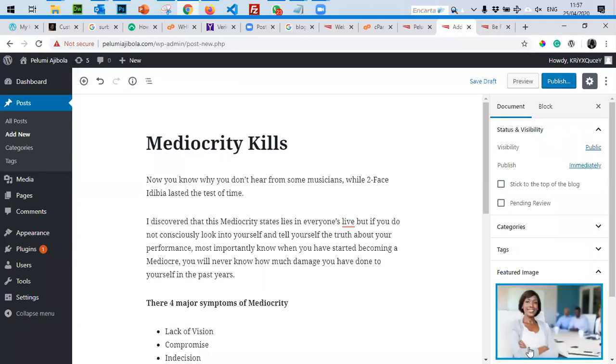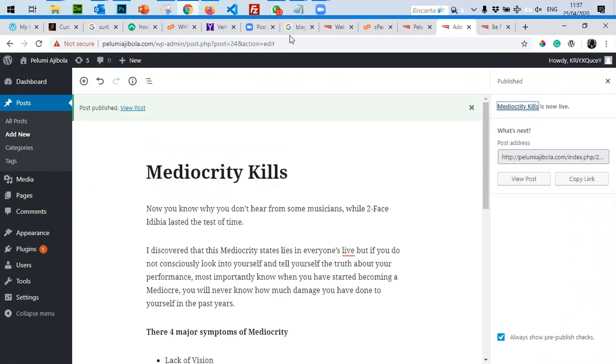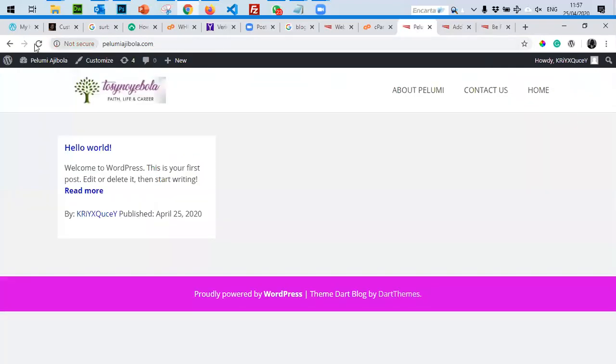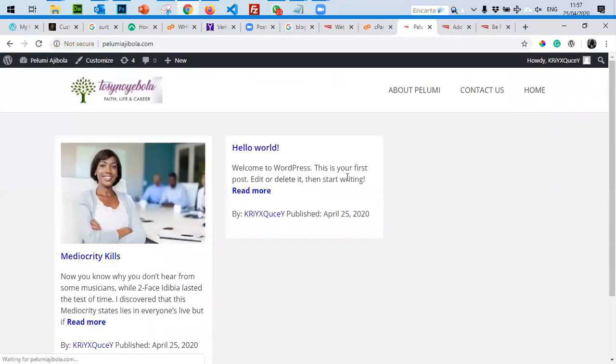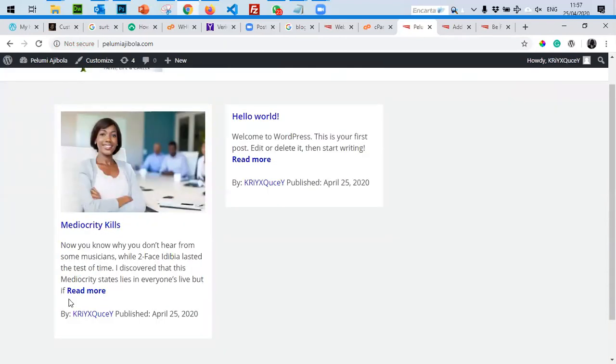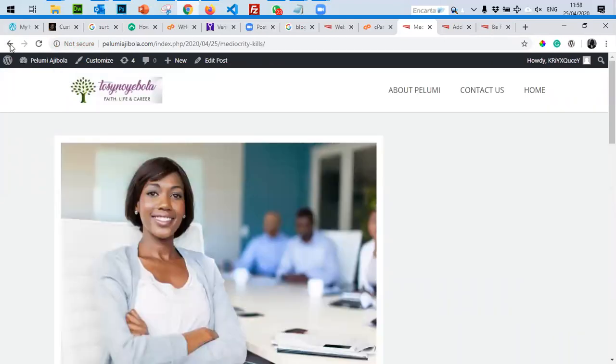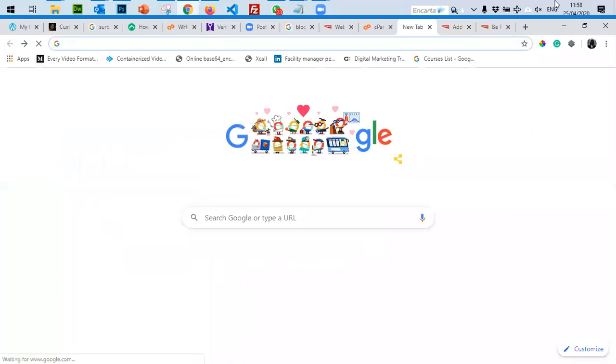So that serves as the featured image for this post. And I publish. Once I do that, anybody that visits the website would find that new article there saying "Mediocrity Kills." Do you understand? And when they want to read more, they click on read more. It takes them to the page and they can read more about the story. This is exactly how blog posts are done.